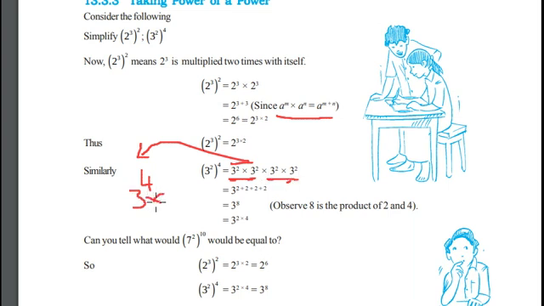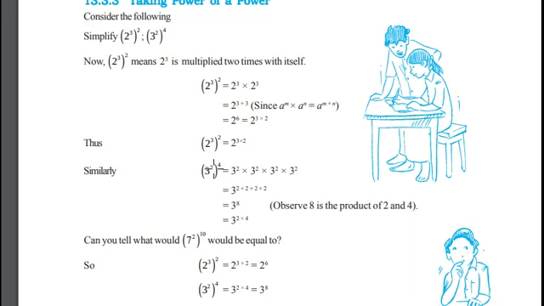Base is same, to the power of 4. We are adding these two exponents. Now again apply the same principle. Here also base is same. Now let us add the exponents, which is equal to 3 to the power of 4 plus 4 is 8. 3 to the power of 2 to the whole power of 4 is equal to 3 to the power of 8. You can notice one thing here.